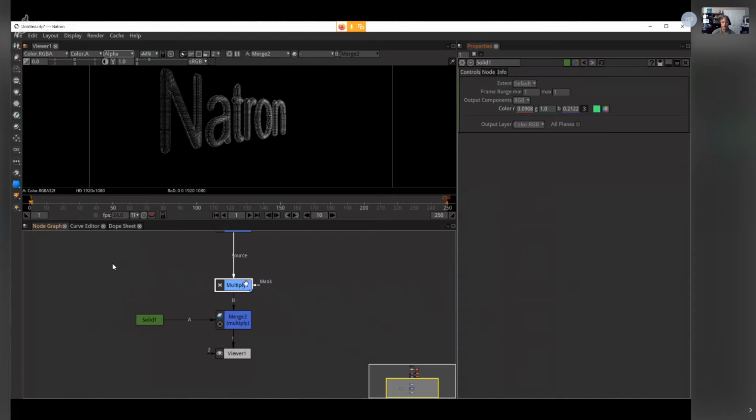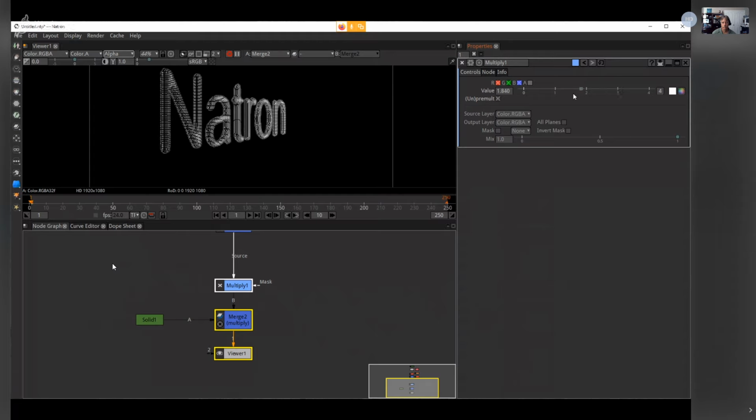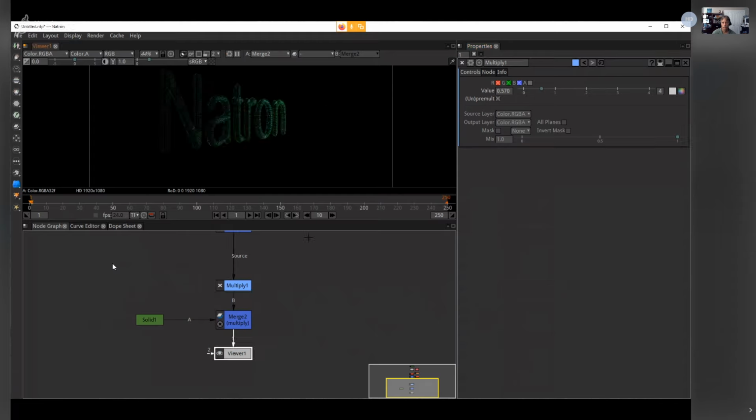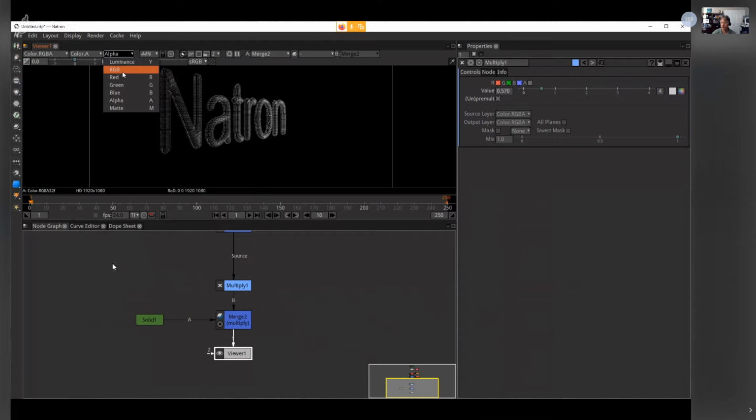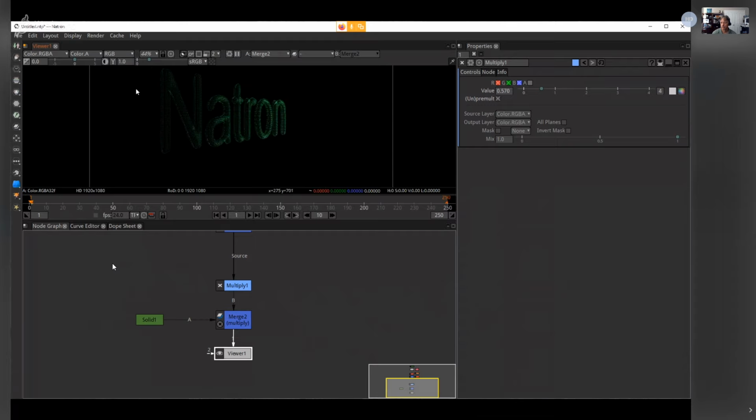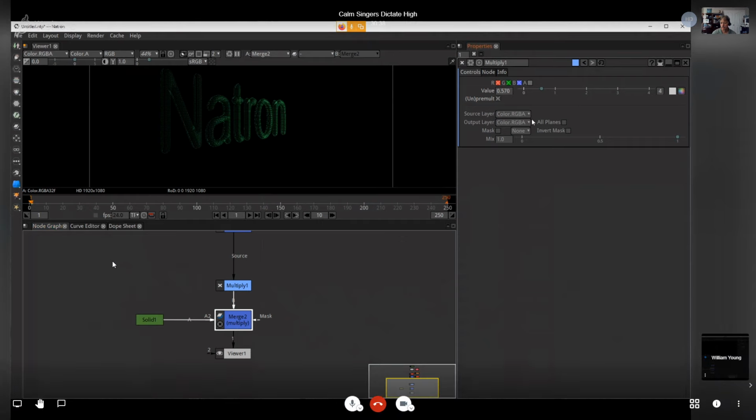But I want to go back to my multiply. I'm hoping that by adjusting this. Oh, duh. That's why. I was still on alpha. I'm like, why am I not seeing this? It should have colored it when we had the green. So make sure you're back in RGB mode as opposed to looking at the alpha like we were just at. I did not switch it back. So when we're in RGB mode, now if we look at